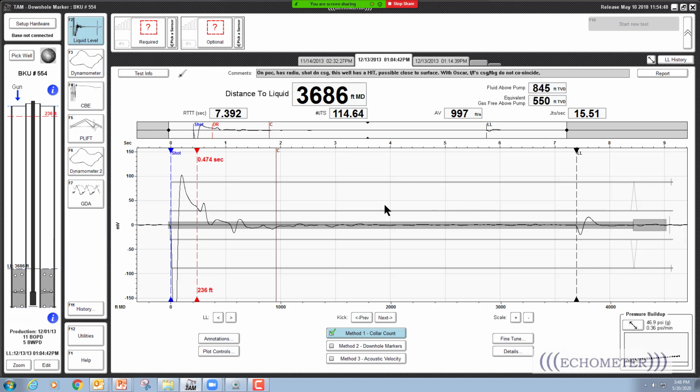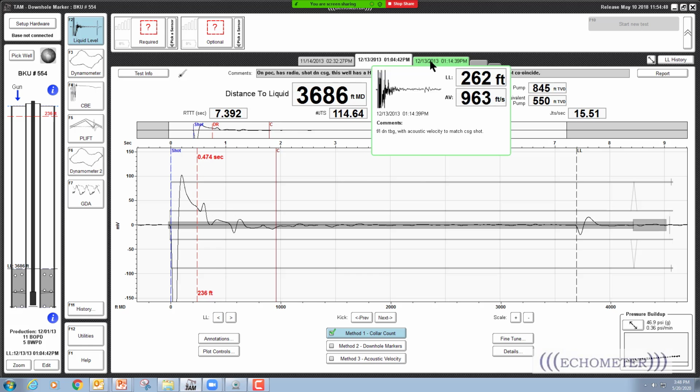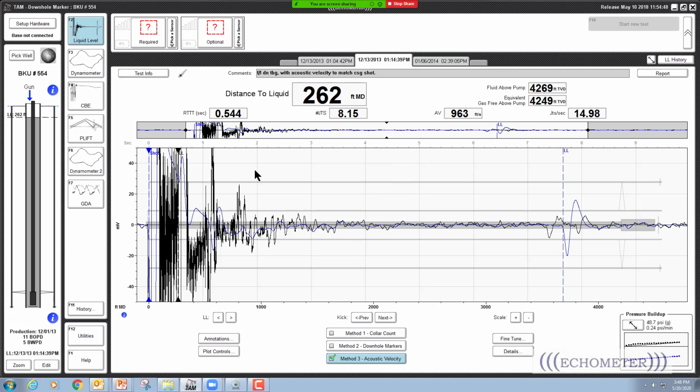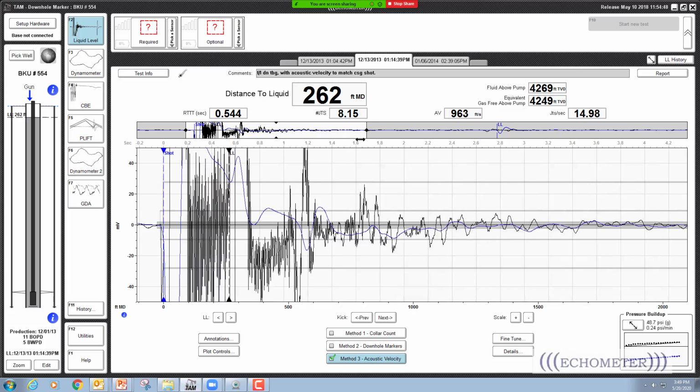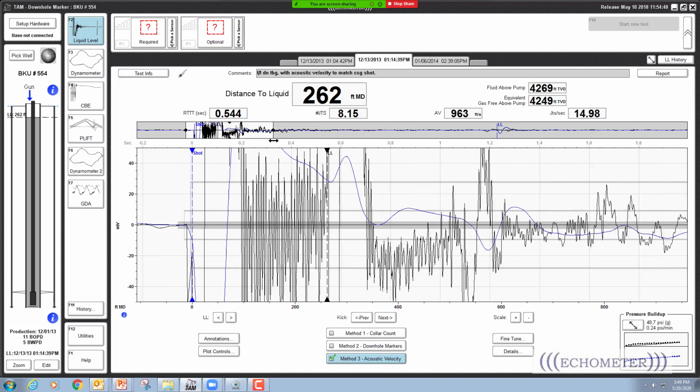Now if we go to the tubing shot, which is right here, and we look at it, you can't see much of anything because again you're overlaying signal with high frequency noise on top of the casing filtered signal, and they're laid on top of each other, so they're difficult to see because we're looking at the entire trace. But if we take this dot right here and move it to the left and expand the scale on the screen to a point where it's all stretched out,